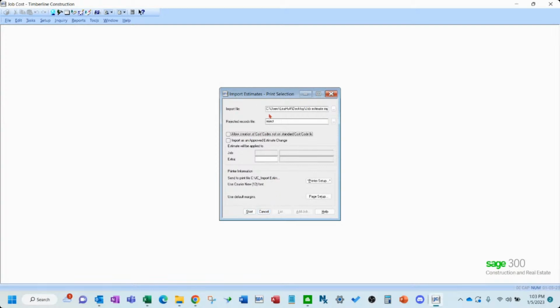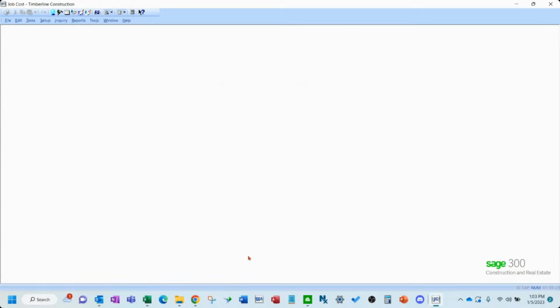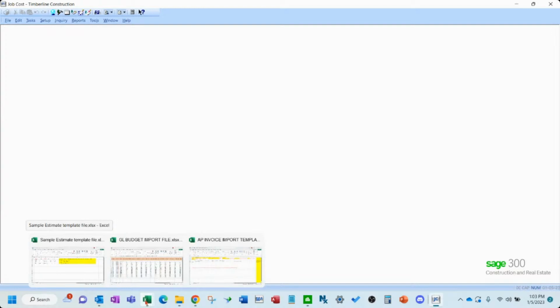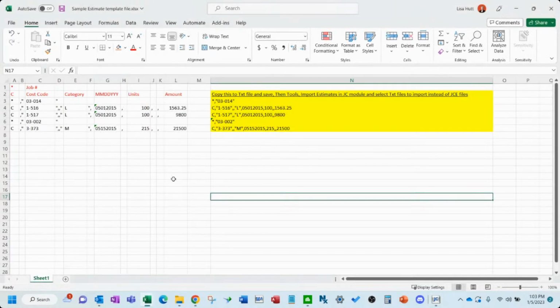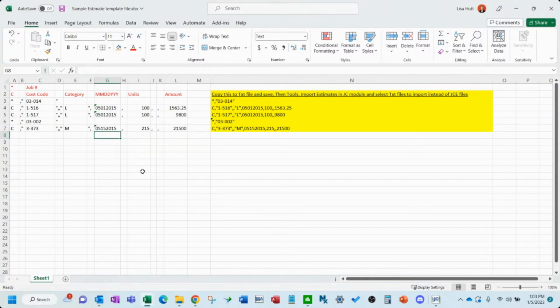Okay, so we'll run this process once we look at this template import sample that I've created. All right, so let's go over here and look at a sample estimate. It's a really short one. So the format is, you have two header lines.